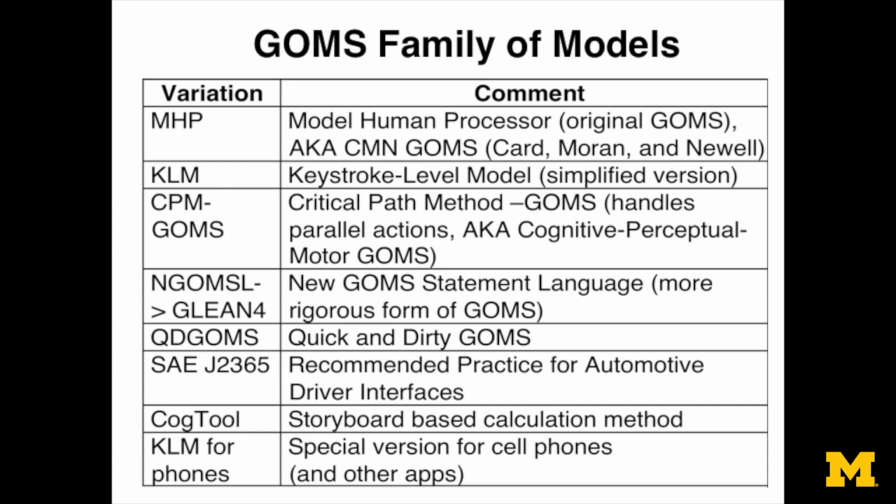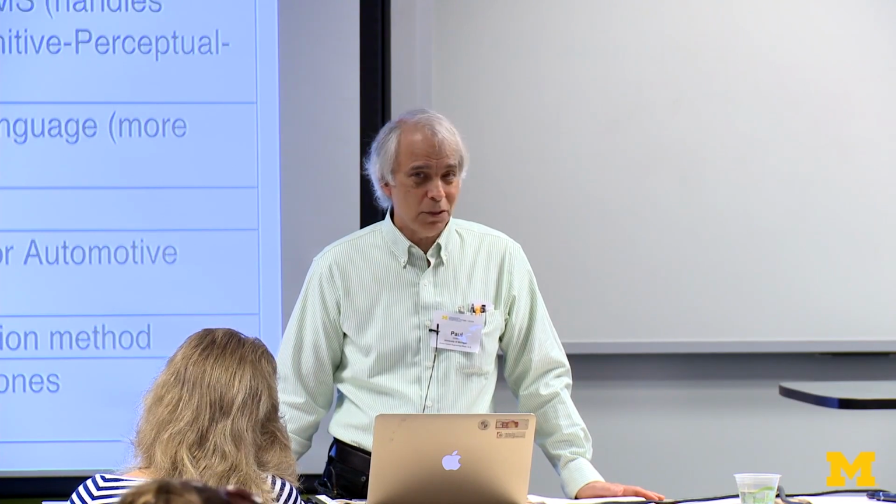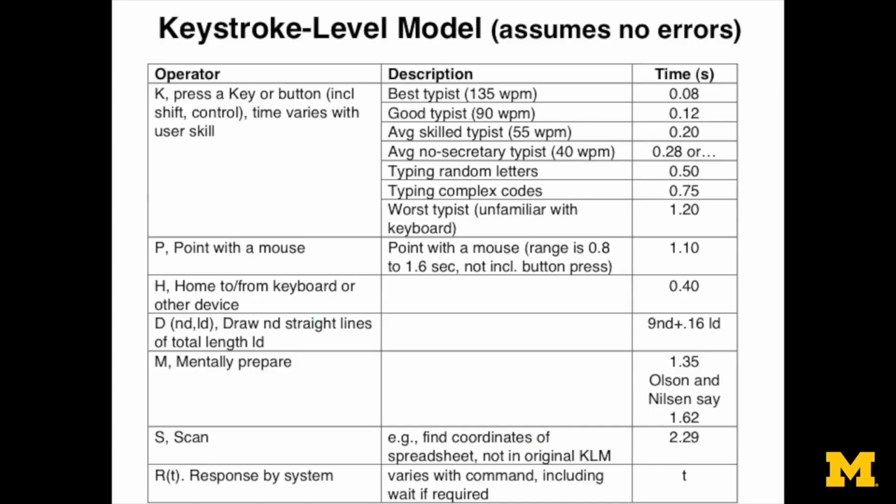Then there's the keystroke-level model, which is basically a simplification of it. It was originally developed for office-type work, but could be used for pretty much anything, as you'll see. And it's literally identifying on a keystroke-by-keystroke basis what the person does. And what's unique about the keystroke-level model is it really starts to focus on the cognitive activities. So with that, let's go to the table that starts to talk about the keystroke-level model, and let me talk about the task